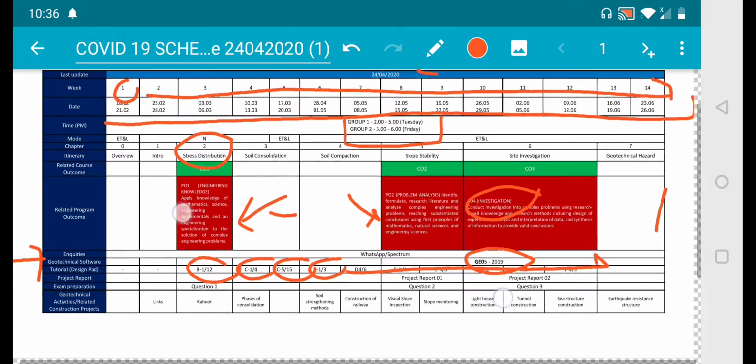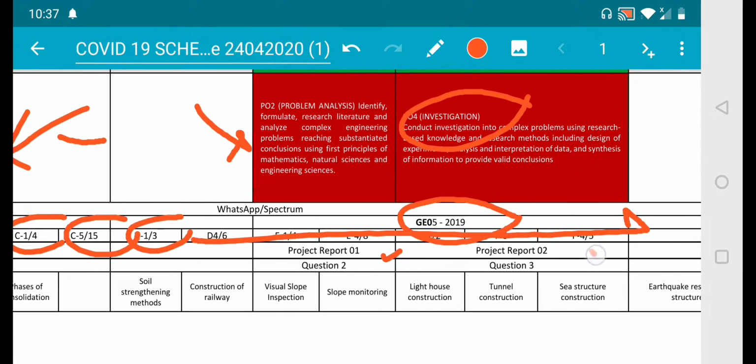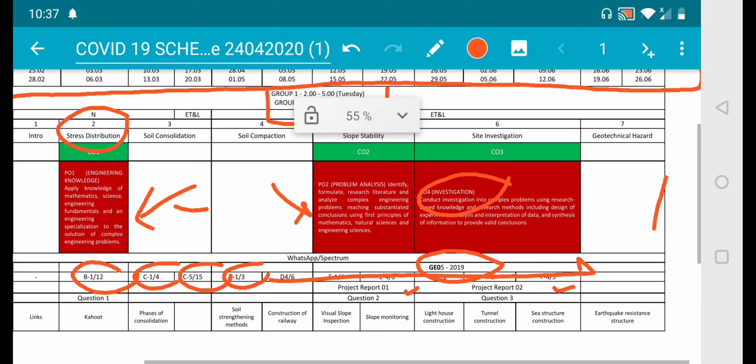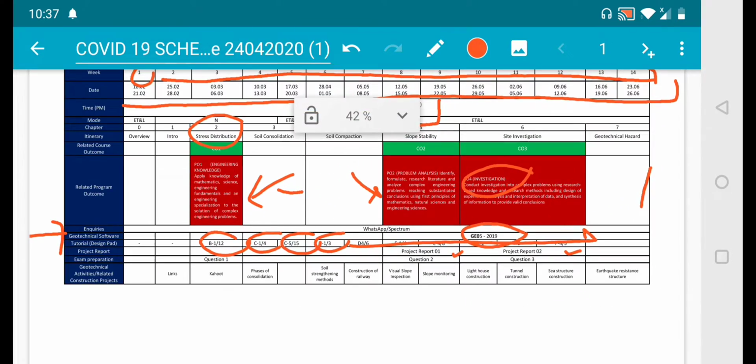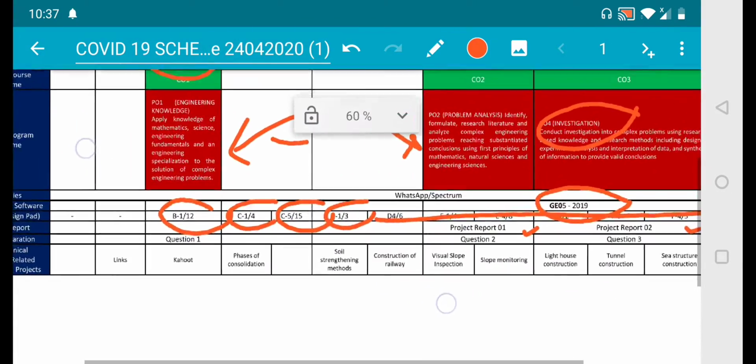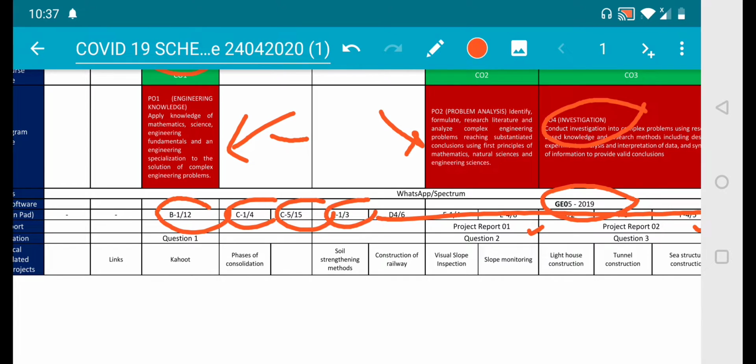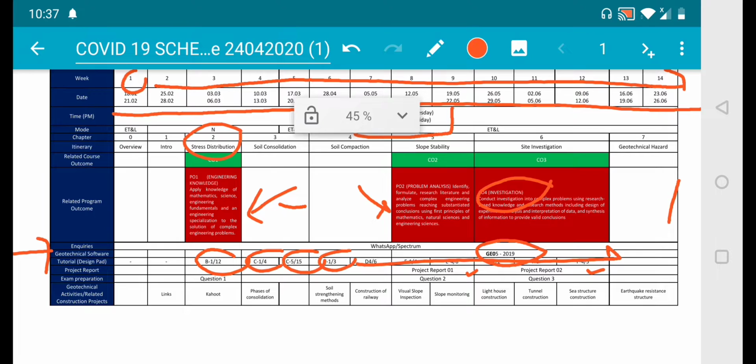For project reports, you have 2 project reports. Project 1 relates to slope stability and project number 2 relates to site investigation. The second last row is on exam preparation. You have a total of 3 questions, and each question relates back to the titles we discussed previously. Question number 1 relates to stress distribution, question number 2 to slope stability, and question number 3 to site